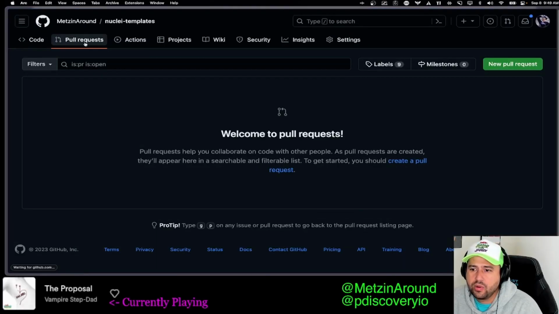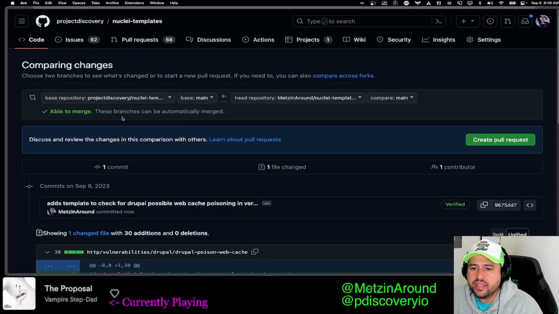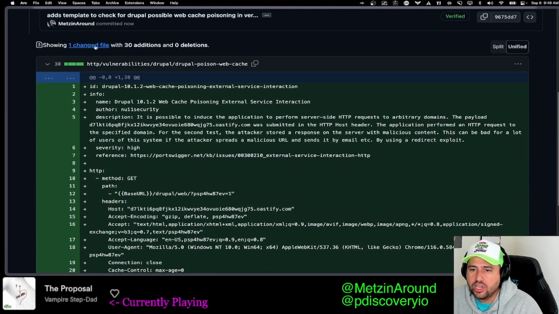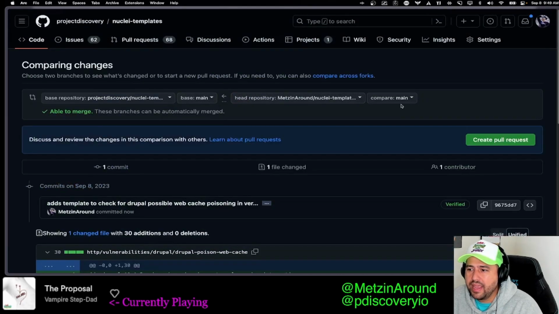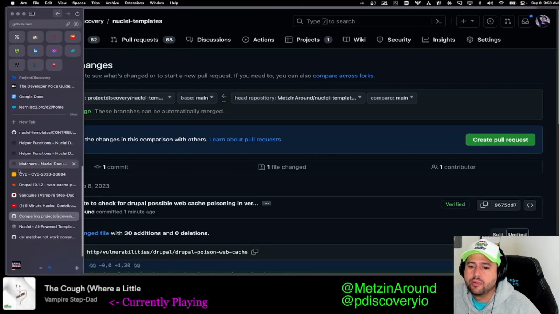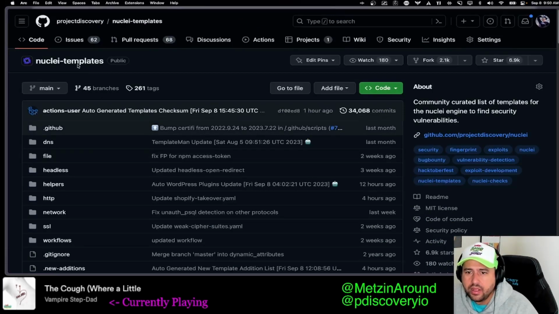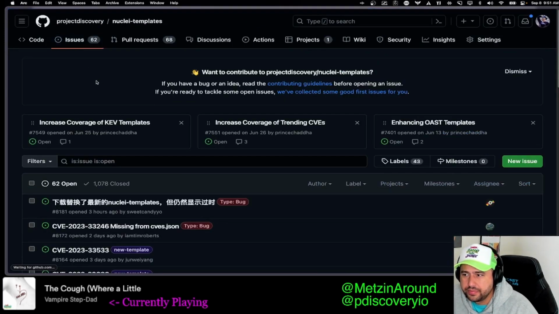And if you click pull request here and click new pull request, the base project here, project discovery, head repository, you can do it right here. And you'll see it shows you the change, one file, it's main to main. But what says, hey, you want to create a pull request? But before we do that, while we're here, I want to look at issues, and I want to create a